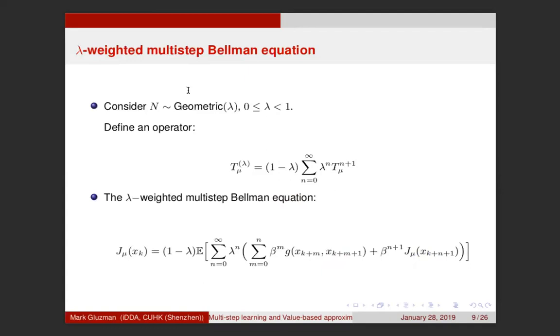In practice, you try many options. Usually in practice, a lambda close to 0.5 or 0.6 works the best. But it depends on the problem, and usually if you have lambda close to 0, that means, so lambda